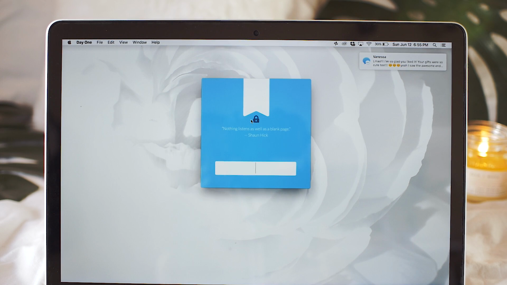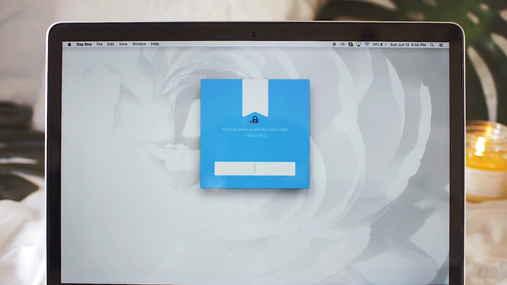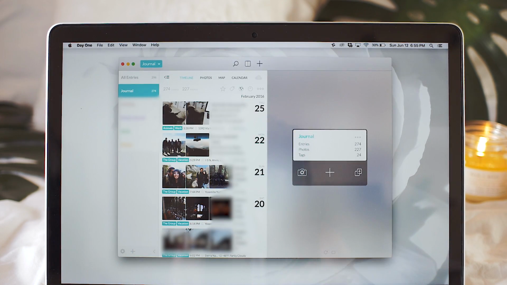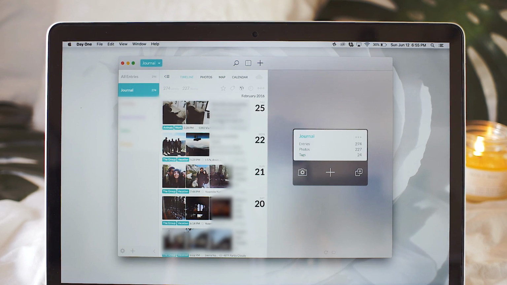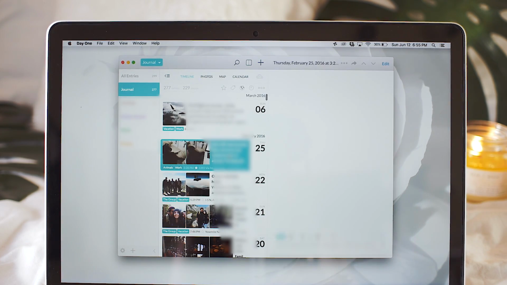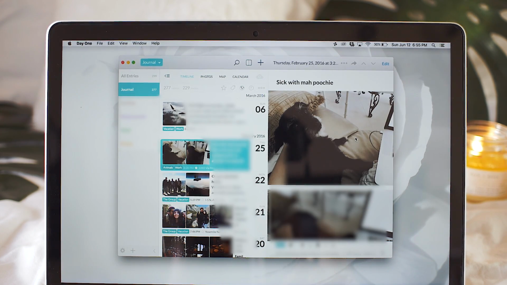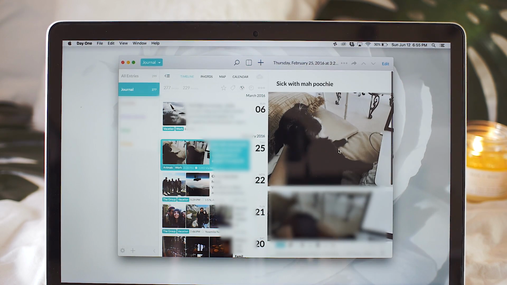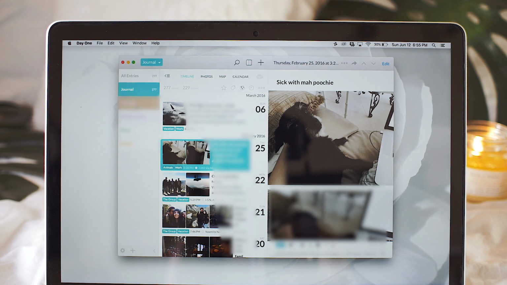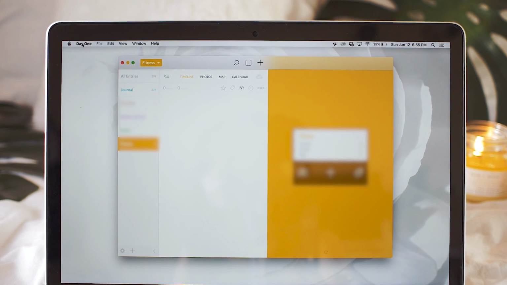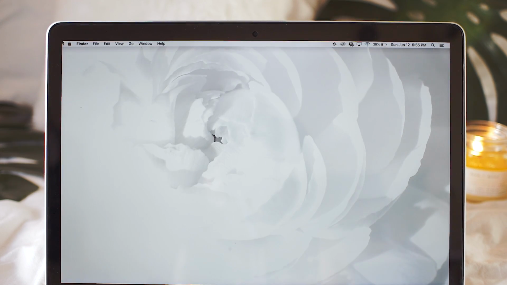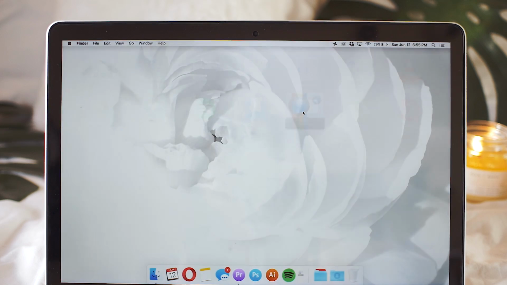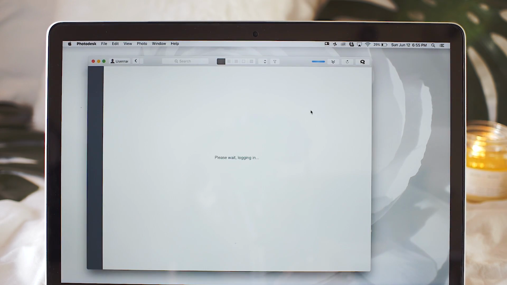Day One is kind of like a journal app. I have this on my phone, but I sometimes use it on my computer. I just think it looks really clean. And yeah, you just basically log stuff. This is when I was sick working from home. You can add tags, pictures, all that. It's really cool. You have to pay for it, I think, but it works really well, and I think it's the number one journal app. And then I have Photodesk, which I don't use all that much, but it's basically like